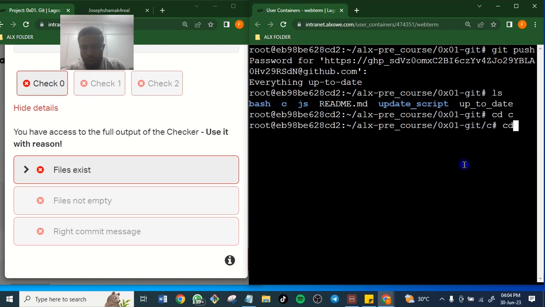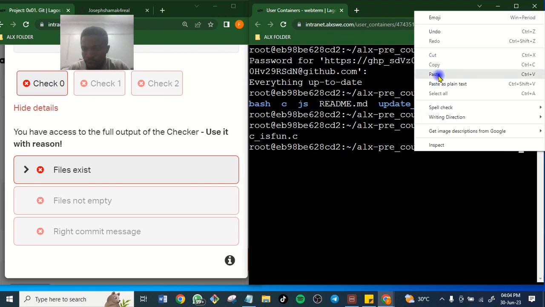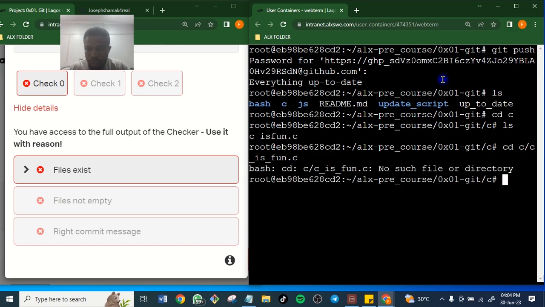Okay, I can't cd into a file. ls. So I can't cd into it.